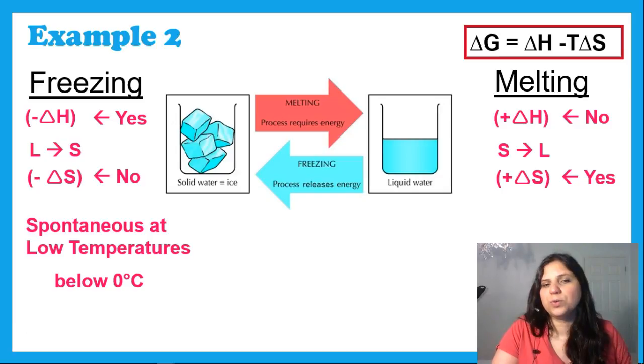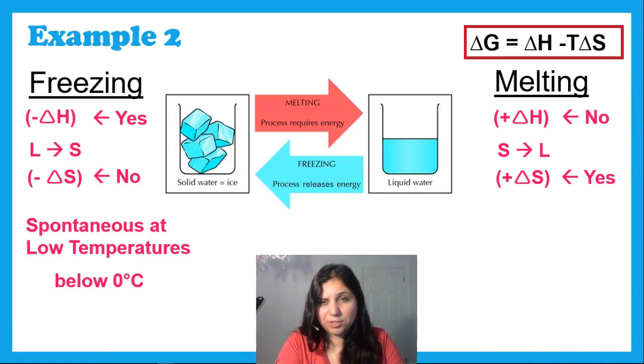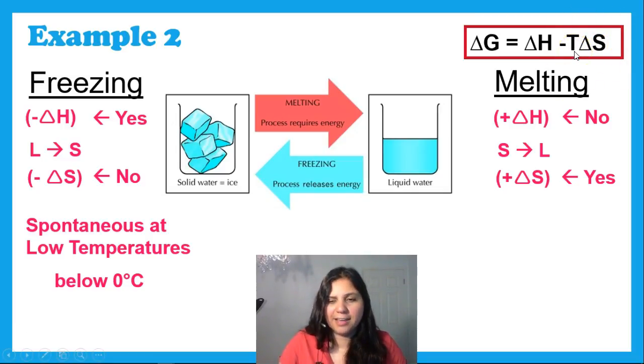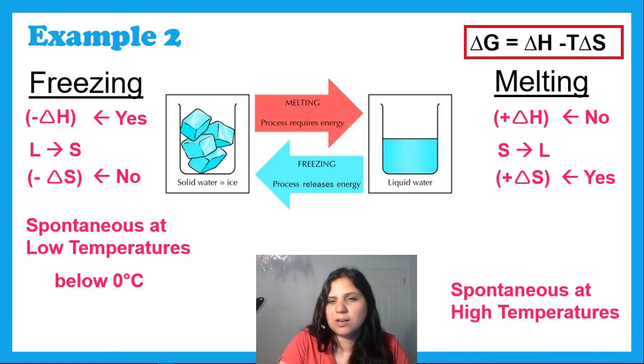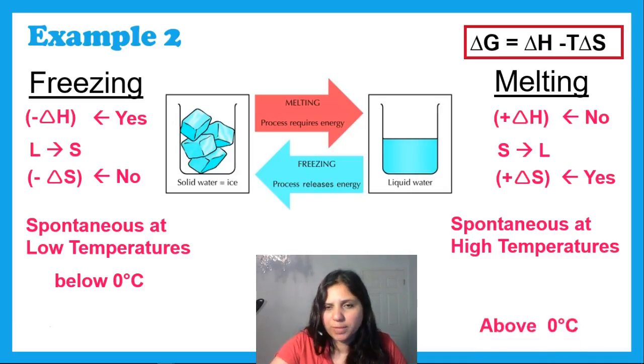Okay, so who is going to win? The battle of spontaneity depends on the temperature. So if we want temperature to dictate that, so let's see, this is going to be bigger when temperature is bigger or higher or high temperature. So it will be spontaneous at high temperatures. Okay, that's what happens. Ice melts at a warmer temperature. In this case,